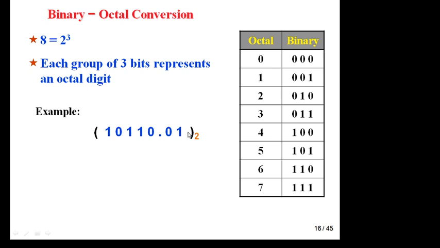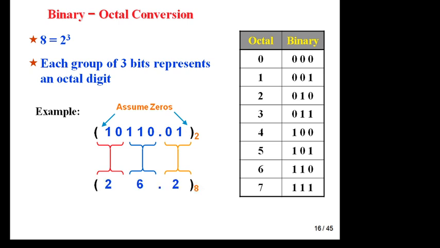Now write down 0. If there are not sufficient bits to make a group of 3 bits, you just have to remember, you can write down 0 here or here. It will not change the value. You cannot write down 0 here or here, just extreme left or extreme right. So you can write down 0 1 0. Okay, 0 1 0 is nothing but 4 2 1, 2. So this is your final answer. Here is 0 and again here is 0. So 26.2 base 8. Okay, this is the shortcut method.